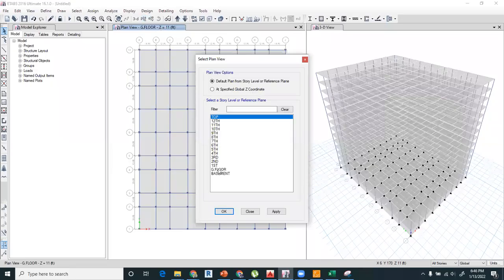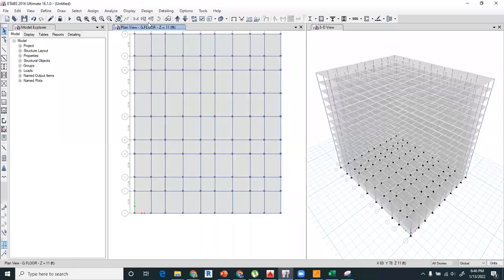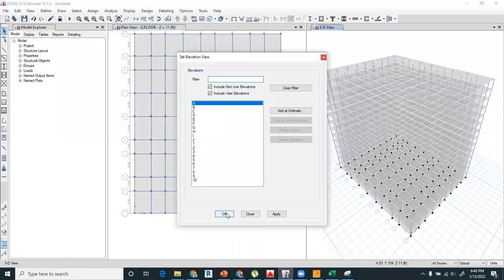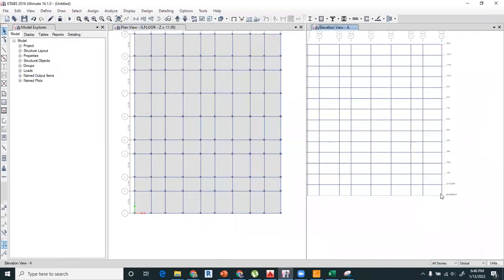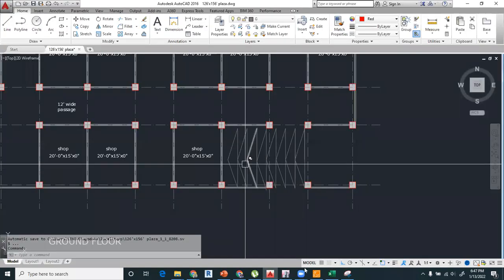So let us go to the ground floor. This is the ground floor. You can see it in the elevation as well, right? So this is the basement and this is the ground floor. So in this level, you have to place your opening for the ramp. So let us keep this one story, 1, 2, and 3. So delete this. So there will be no slab and no beam for the ramp, right? This is 1, 2, and 3,